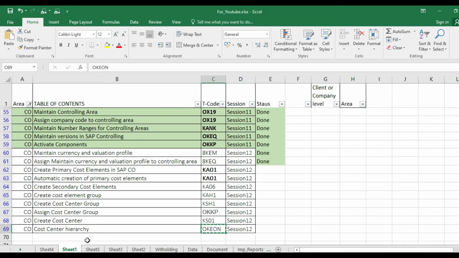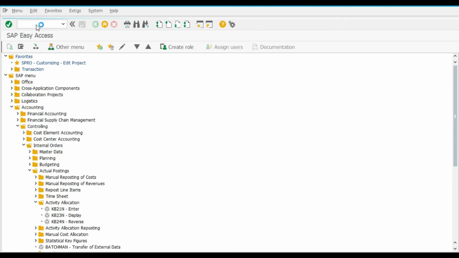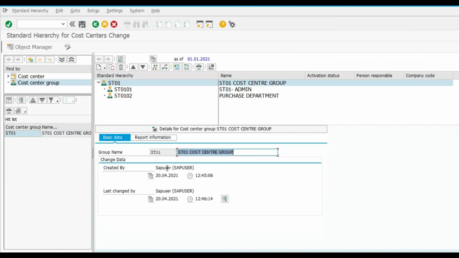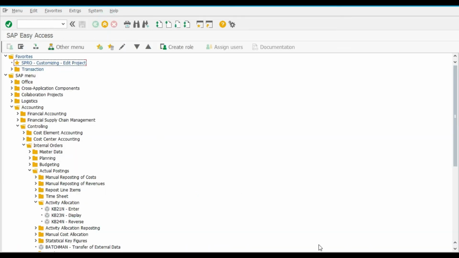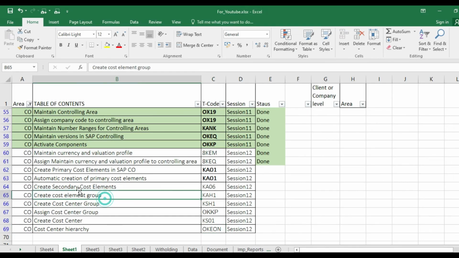Now check OKEON. Basically this is a cost center hierarchy. Now it will show the hierarchy. See ST01 cost center group, admin, purchase department. Now we are going to create a cost center. So how to create a cost center?